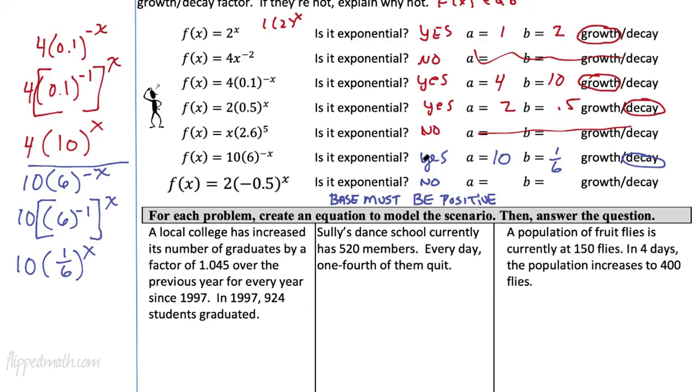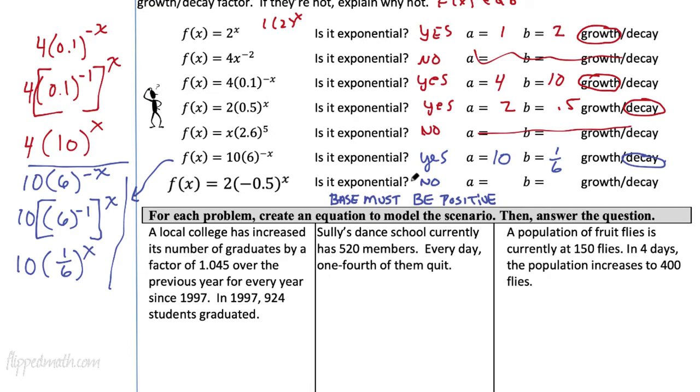Is it exponential? Yes, it is, because what do we get here? A is 10, and we have to work it out. So this is where the work is for that. I came back. So that's 6 to the negative x. Well, negative x, I rewrote it. Okay, it's 6 to the negative 1, and that's raised to the x. And then 6 to the negative 1 is 1/6. So this is exponential, and a is 10, and b is 1/6. It's a decay function. For the last example, you notice that b is negative and b must be positive, so